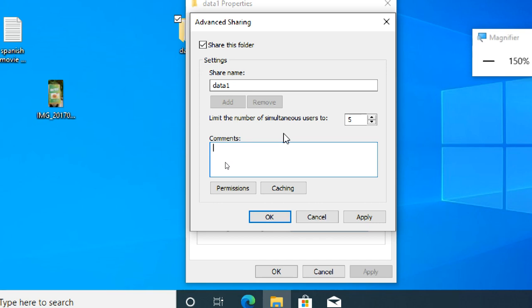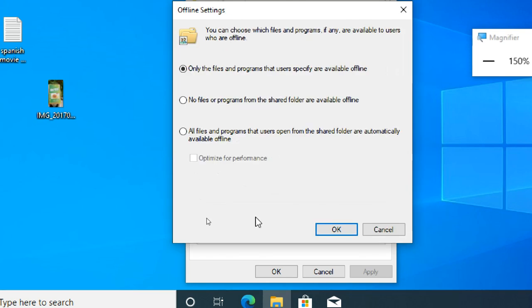The client cannot access the data. Where is the data? PC1. From where am I accessing? PC2. If PC1 is disconnected or shut down, I can't access the data. So the cache thing will help at that time. You can make this a cached share, which means you can also access it offline. First time you access it when the server, PC1, is available,